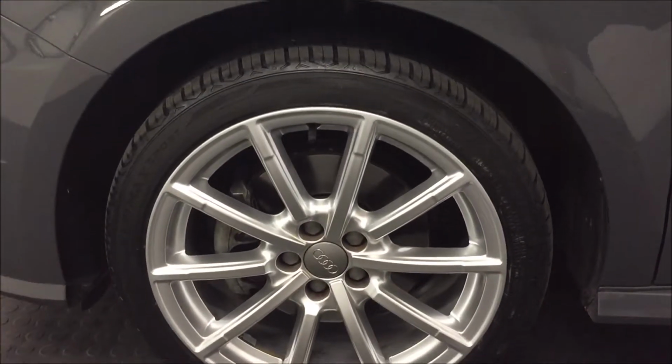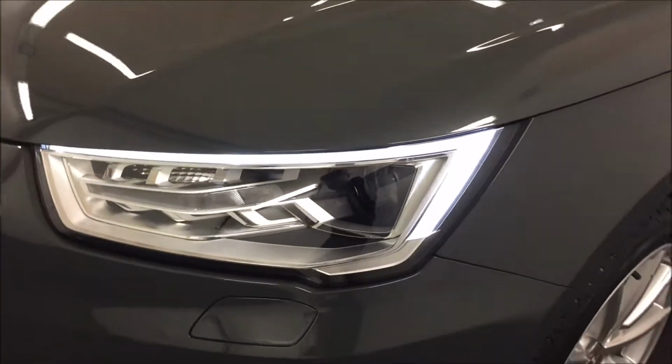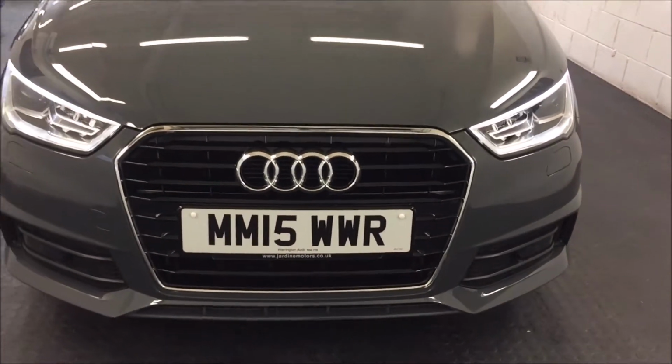It's got Bluetooth music streaming, Bluetooth phone preparation. It's also got DAB radio, and there you can see the LED daytime running lights on the facelift model. Absolutely stunning. Look forward to hearing